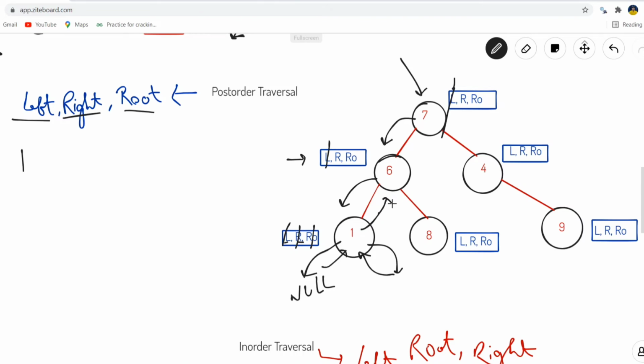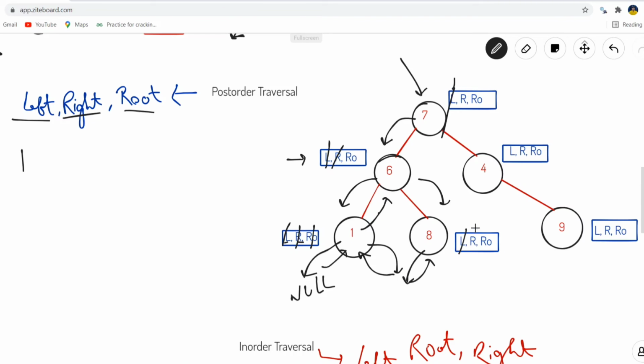Now in node 6, the operation which we have already performed is the left operation. So now we'll be performing the right operation. So we'll be moving in right direction. Now we are currently on node having value 8. So in that there are three operations, left, right and root. So we'll be performing the first operation, that is left. So we'll be moving in left direction. We have encountered null. It means we need to return back to the caller. So the caller of null value is node 8.